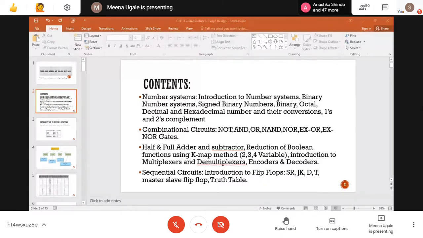The last point in this chapter is sequential circuits, where you will study various types of flip-flop circuits. The flip-flop is a major part when you design any kind of further circuit. These are the basic things that we require, and in combination they will form any kind of IC, integrated circuit, which we call a microprocessor. Inside the microprocessor, these are the various components available. We know how the microprocessor works, but how it works internally will be part of your study now. This is the first chapter content for your syllabus.